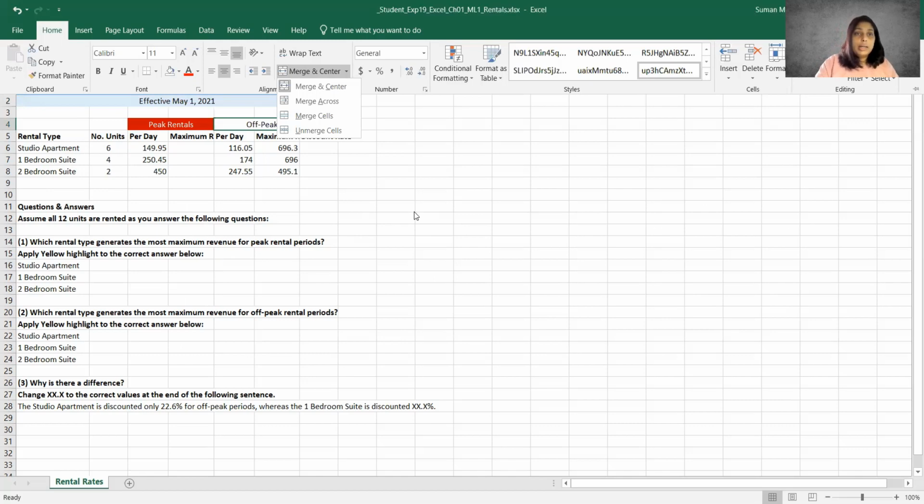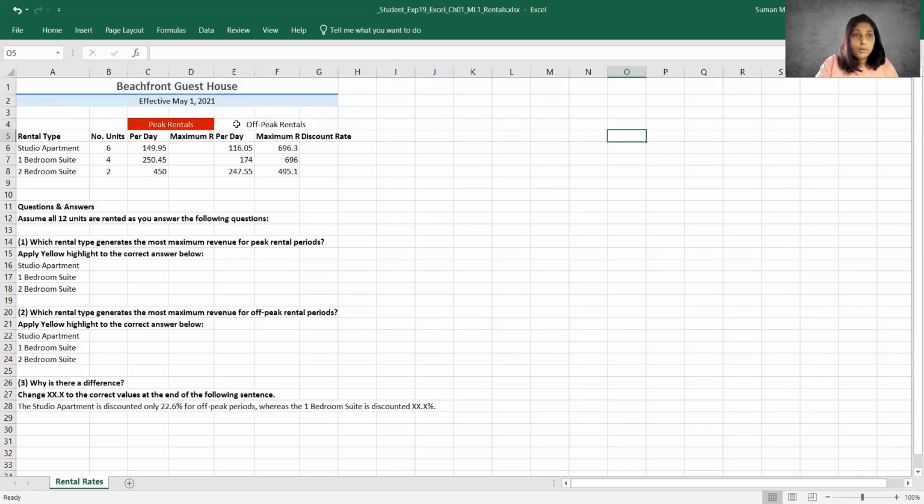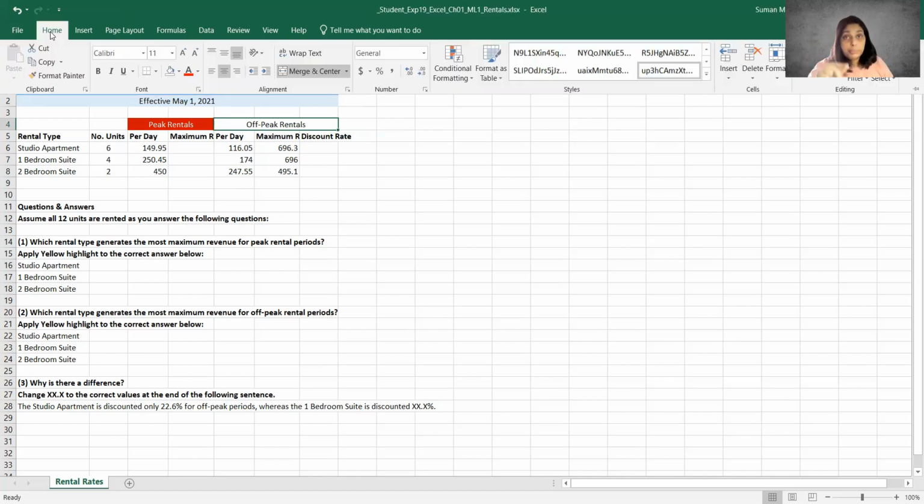So I'm going to go ahead and click on cell E4. And we have been asked to apply a blue fill color. So I'm going to go ahead and click on my home tab. And again, we've talked about the ribbon in a previous video. This is your ribbon. These are your tabs. These little gray lines are called groups. The home tab is where you'll find the font options. And here's my font group.